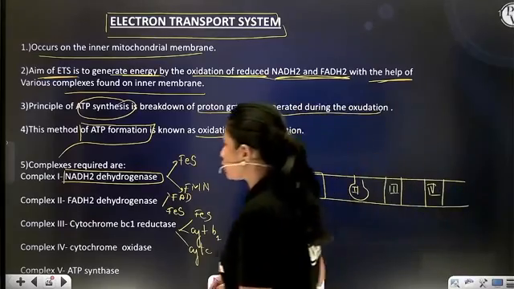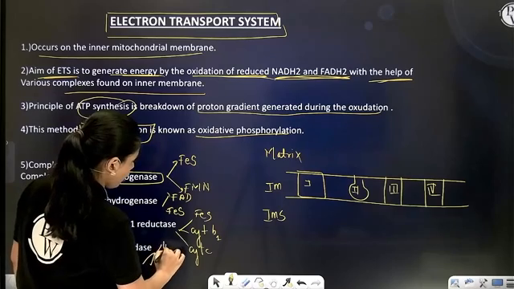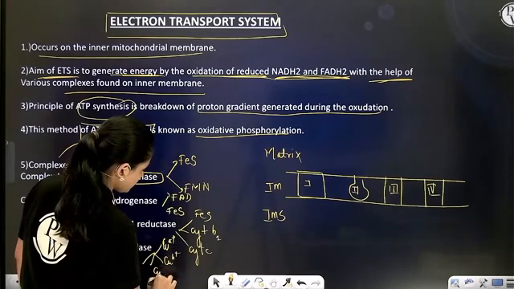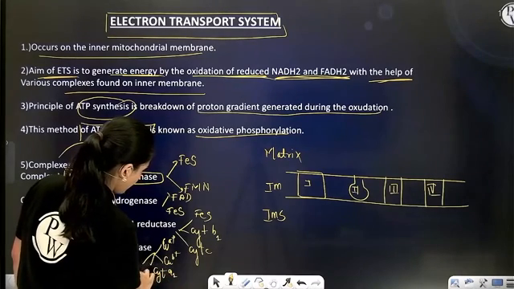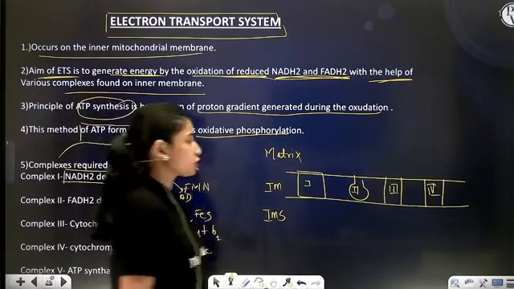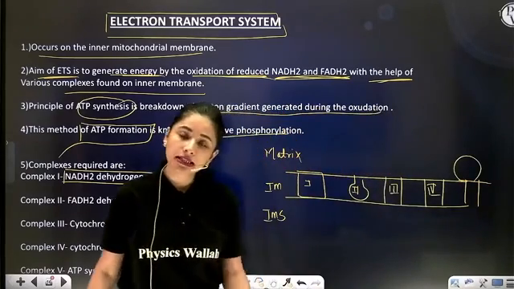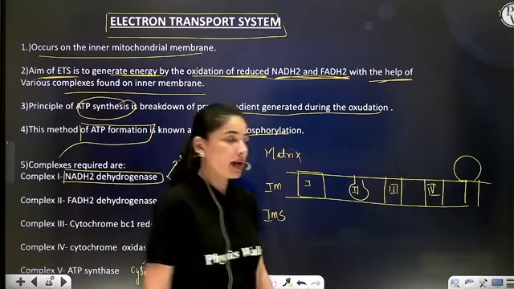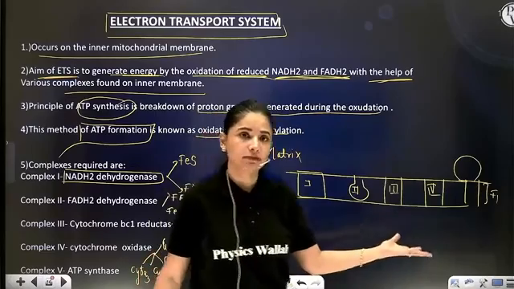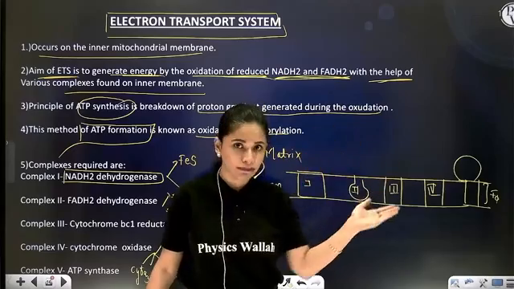The four components of complex 4, cytochrome c oxidase, are copper A plus, copper B plus, cytochrome A1 and cytochrome A3, right? And the fifth component is your complex 5, that is the ATP synthase enzyme, made up of two components, F0 and F1 ATPase. F0 is actually the channel through which the protons are going to go back,